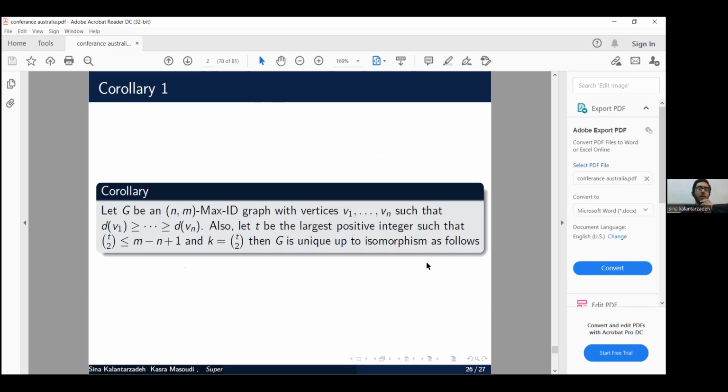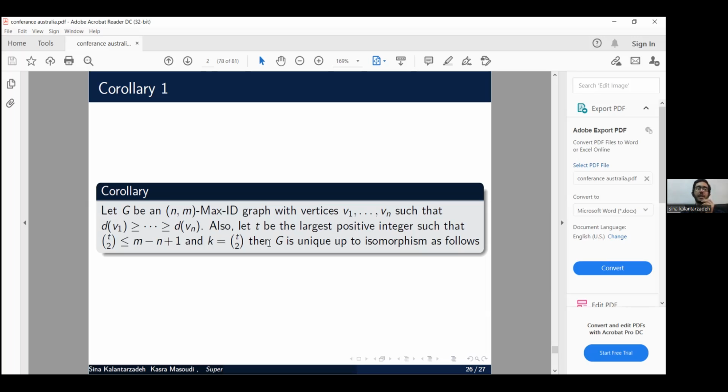So after all these theorems and lemmas, we have this corollary, which states that if G is a max-ID graph and v1 to vn are all its vertices, sorted with respect to their degrees, and also assuming that t is the largest positive integer such that this inequality holds for it,